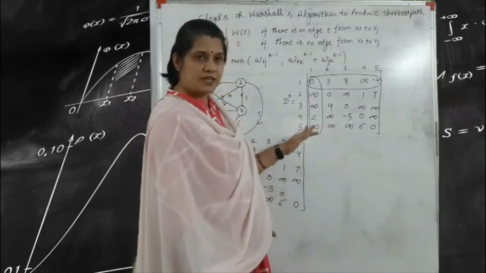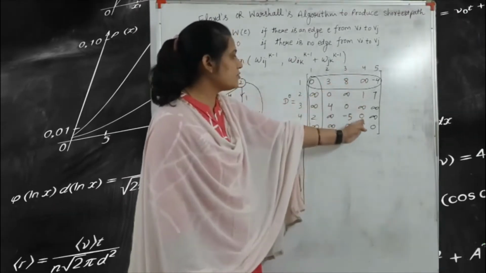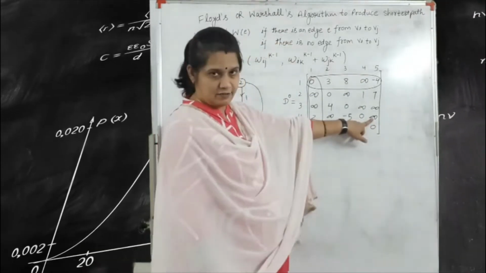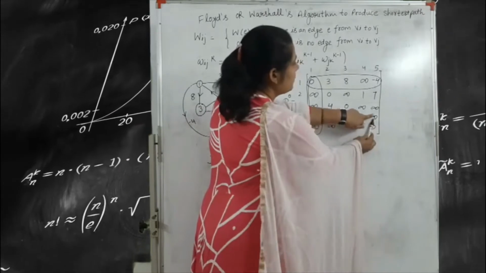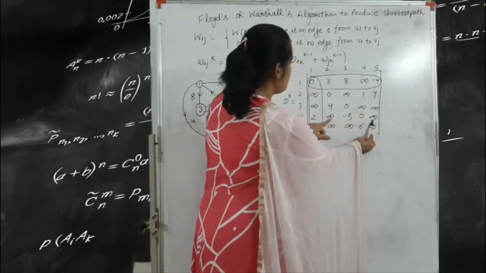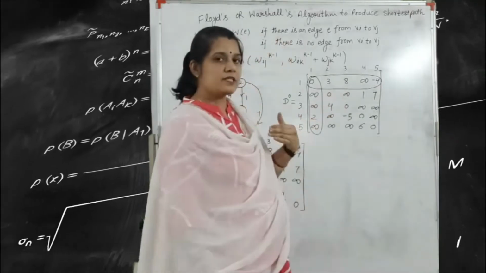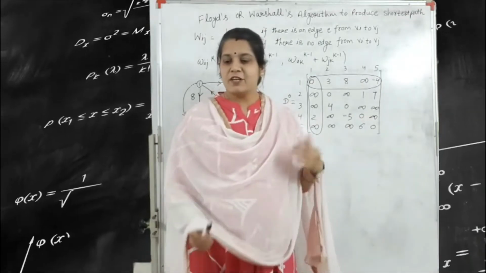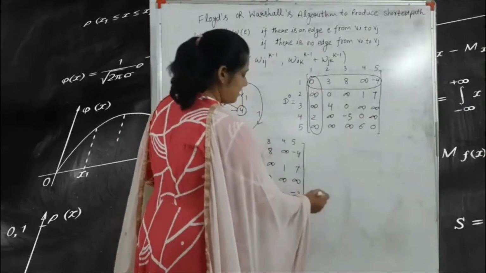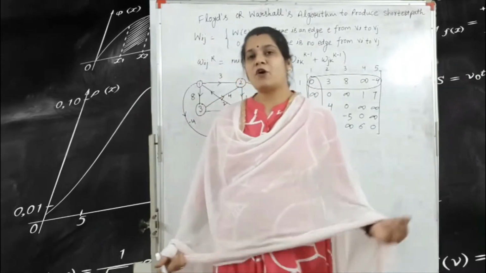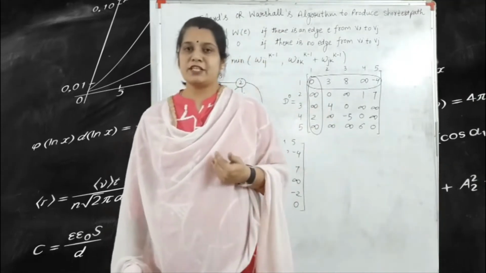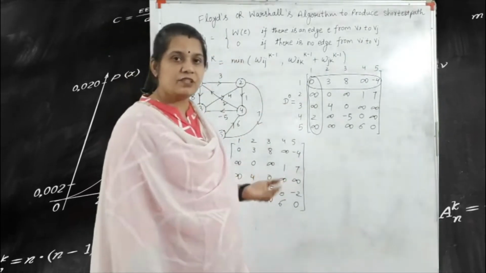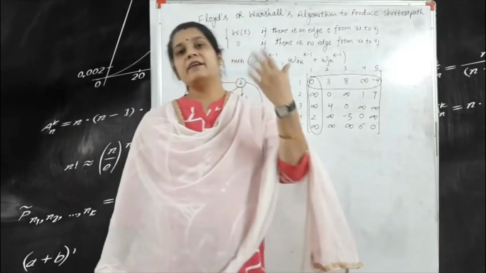Okay, next one 0 we write here because of the infinite sign. So we copy this column as it is. After that you write this infinite sign. For this infinite, your column is -4 and row is 2. So -4 plus 2, that means -2, and -2 is less than infinite, so we write -2. Okay, so this is the process for finding the next matrix representation. With the help of D0 we find D1. With the help of D1 we find D2.